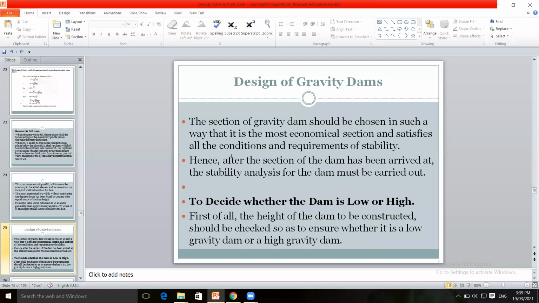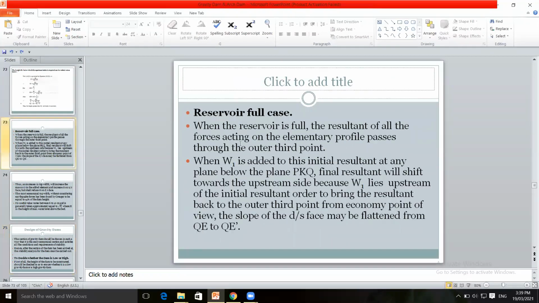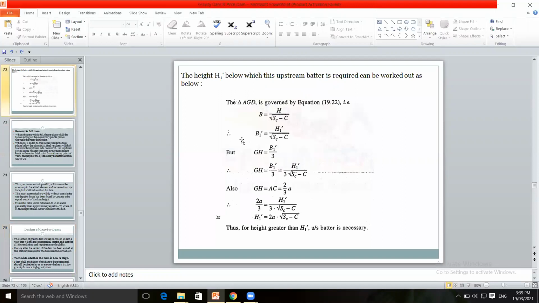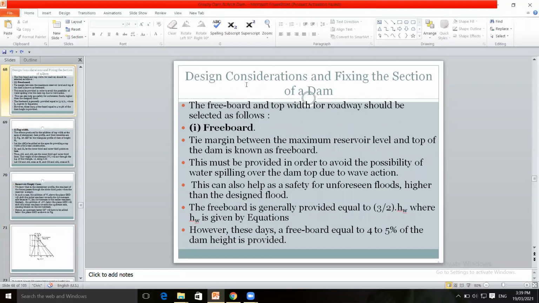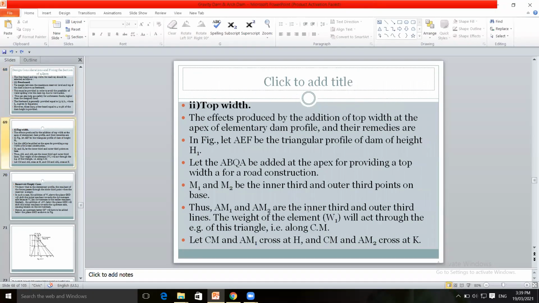After deciding the section of the dam, as we have seen in the earlier lecture, how to decide the section of the dam, the design considerations involved in fixing the section of the dam. First, for freeboard, the freeboard must be equal to 4 to 5% of the dam height, or it may be equal to 3/2 into HW. Or top width